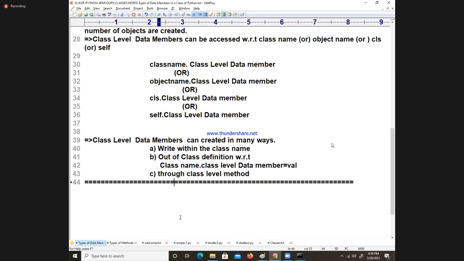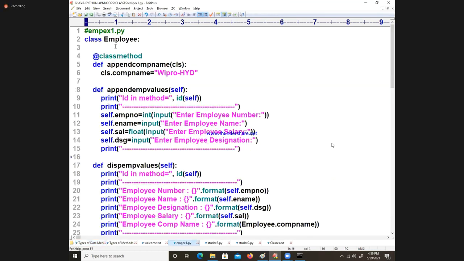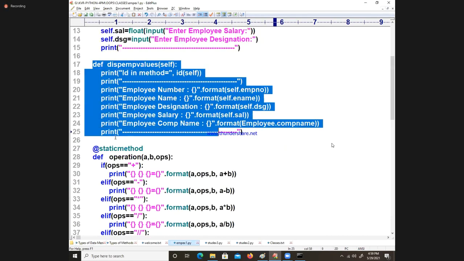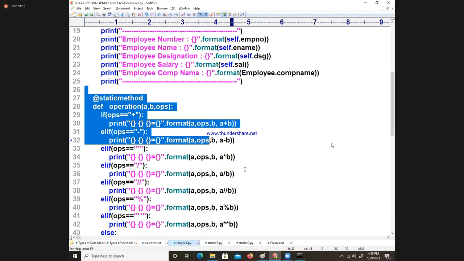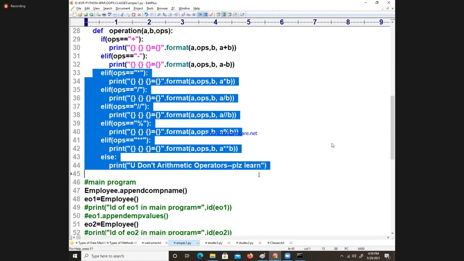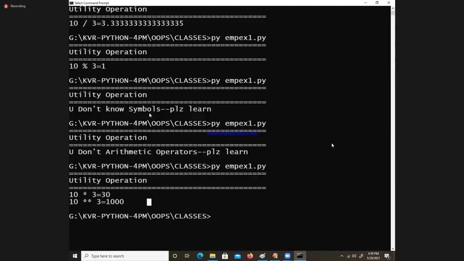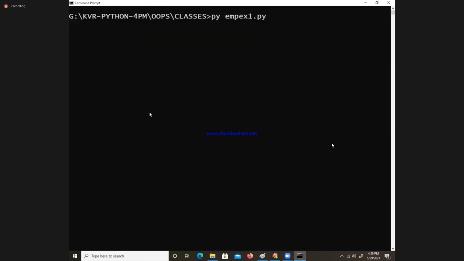I hope that you are understanding. This is employee dot also, you are understanding. Employee, I mentioned this part, self-related kind of thing. And static methods also I mentioned here, and I called them also. So you can remove the comment for all of them. Overall things you can read, and you can do the operations. Last and final, I'm going to say done.